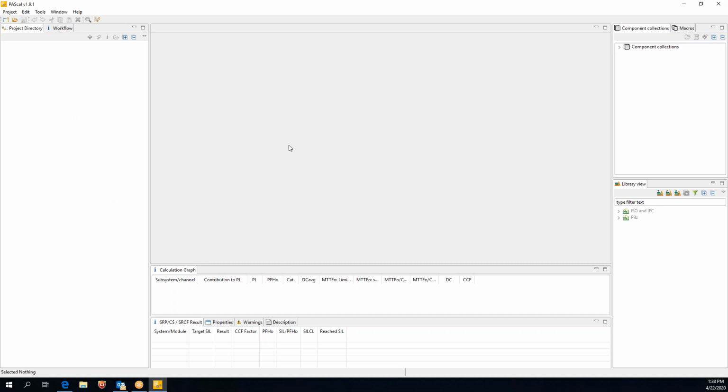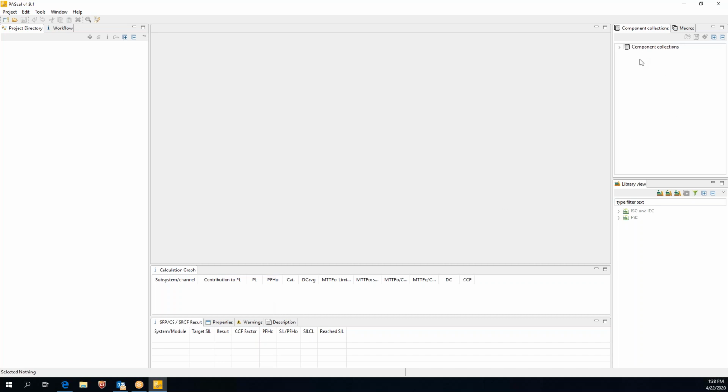The middle area of our screen is actually going to be our worksheet. So once I've created a project, we can start to bring in some of the components that are going to be used in our safety system into our worksheet. At the bottom are the calculation graphs that give me an idea of what I'm achieving so far, where I'm lacking, and what I'm missing, if I'm missing anything at all. Below that is going to give us the whole function, what target level we've achieved for our whole function, whereas the calculation graph gives us our component level performance levels, if you will, or category levels.